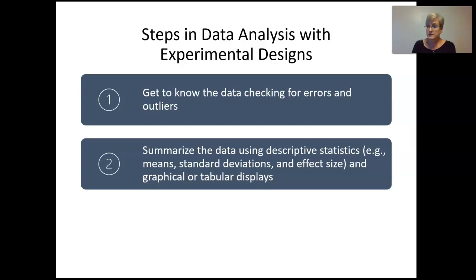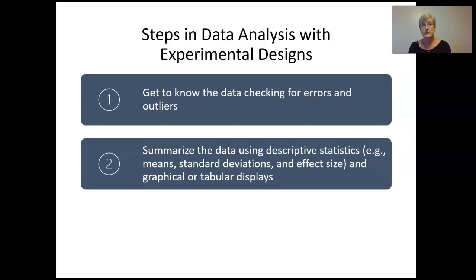The second step involves describing the pattern of data within your sample and across your groups. So we use descriptive statistics. If we're talking about quantitative variables, we use means and standard deviations. When we're comparing groups, we do hypothesis tests to compare means, for example, and then we also run effect size tests to show ourselves how large is the effect, and in some ways, how reliable is it. We also present data in tables and graphs or figures as well,